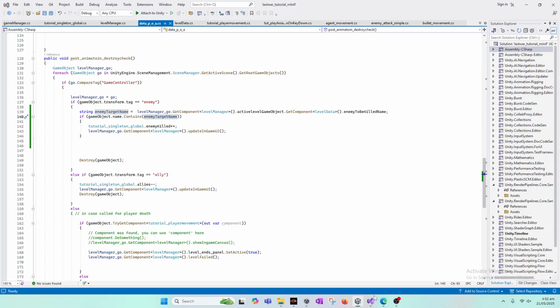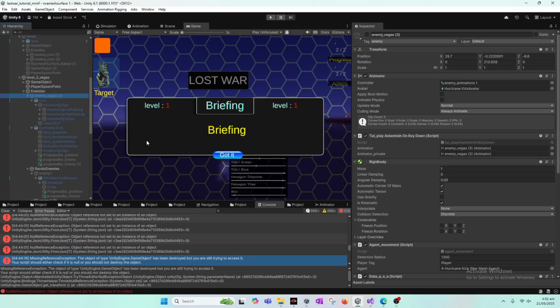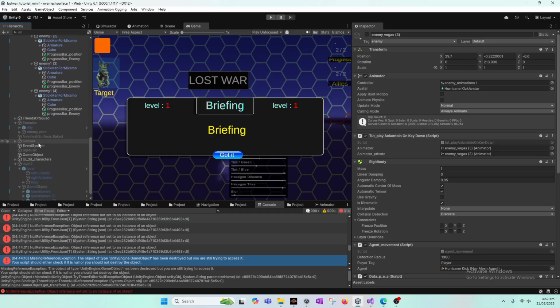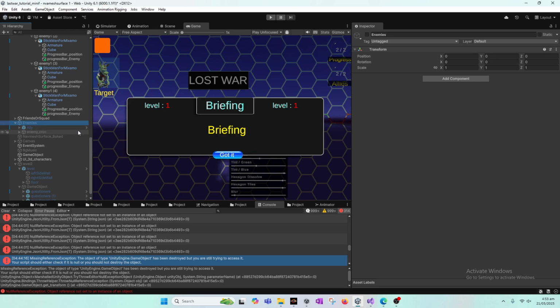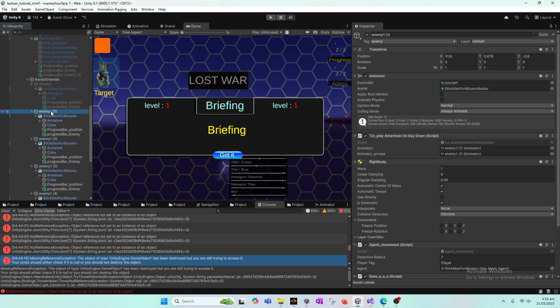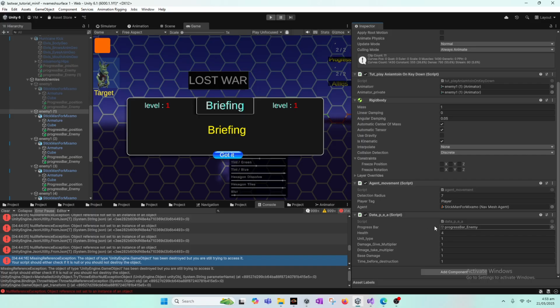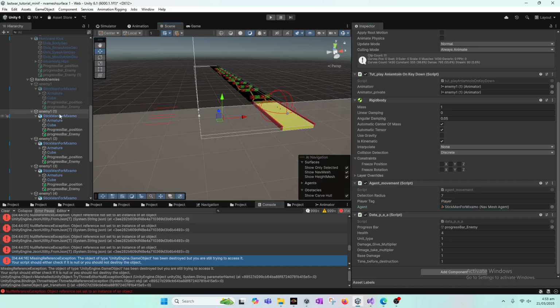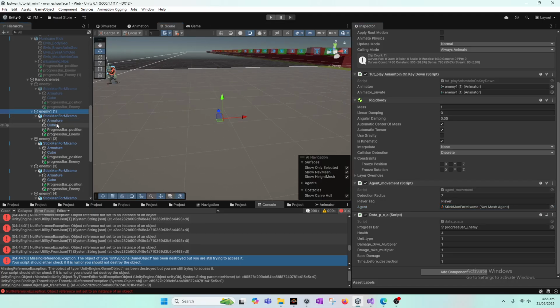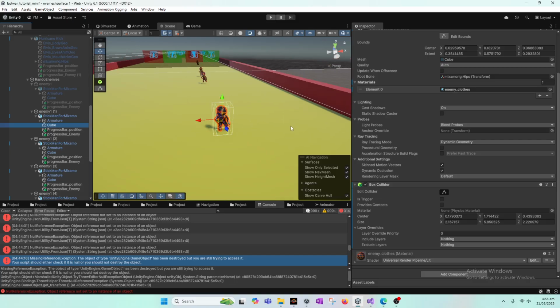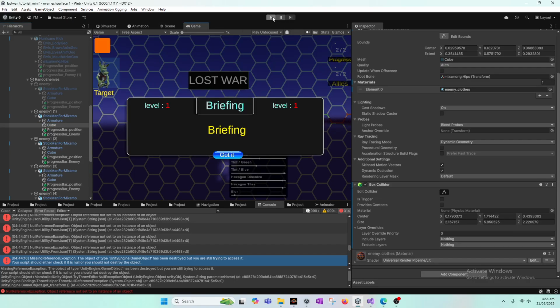And second thing that we did, if we go back to our Unity, is we copied this inside enemies. As you can see, we had named this enemy, and this enemy had a progress bar. So simply we change the values to these values, as you can see, and this detection radius as well, and we placed it like this on the board. So now these are our enemies, and now when we play,